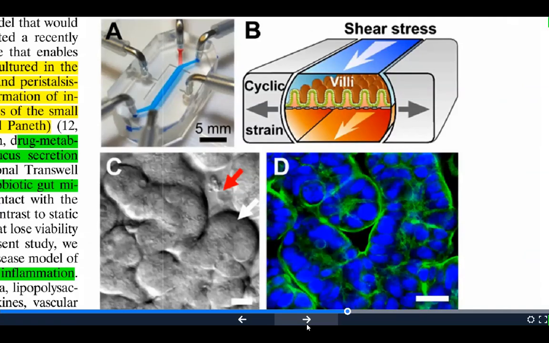So this was the history and background of the device, and they've shown that they can build and recapitulate these villi and crypt-like, polarized and differentiated epithelial cells that have tight junctions with each other. So from now on,